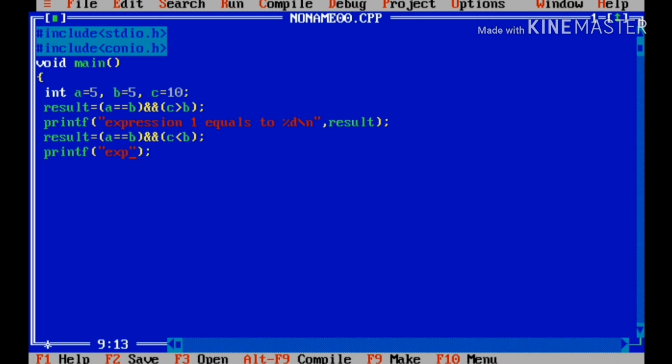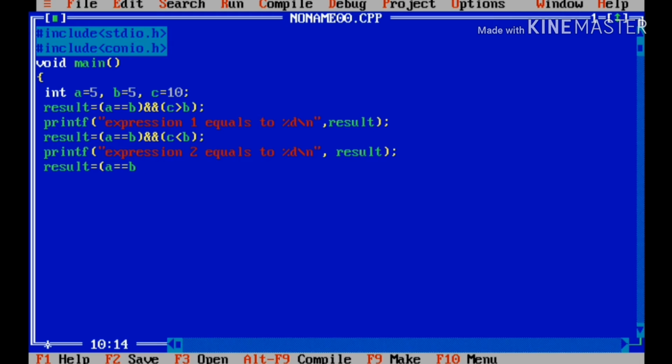According to both conditions, the output will be given. Then comes the printf command, expression2 equals to %d \n, just the same as the first one, and in the place of %d we will put the value of result again. All the printf commands will be the same for all the expressions included in the program.